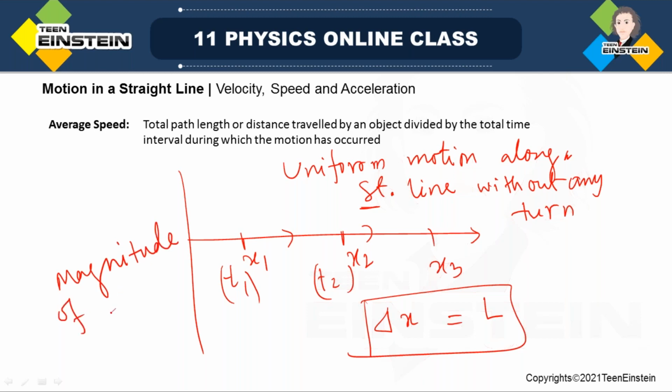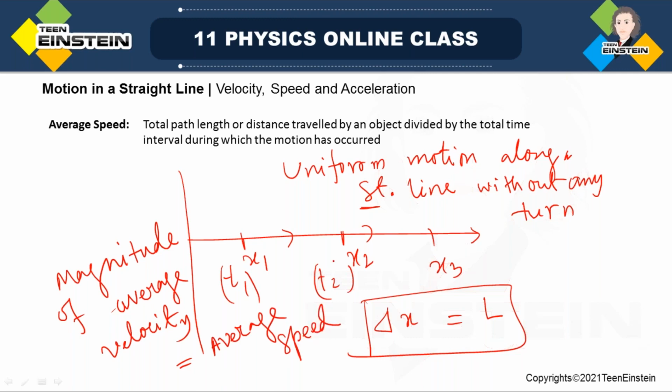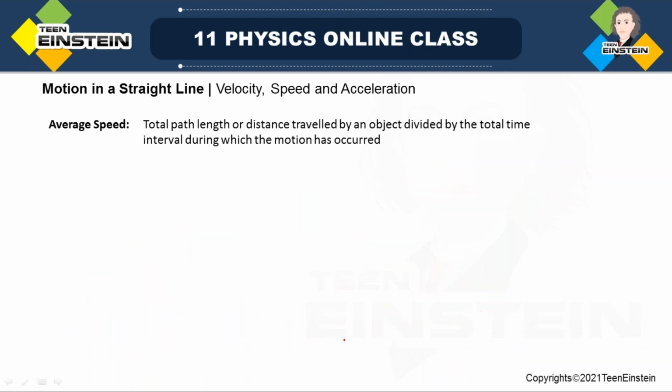In that case, the magnitude of average velocity will be equal to average speed. So during a uniform motion along a straight line without any turn, the magnitude of the average velocity will be equal to the average speed. Okay, so this is another special case. All right, so now